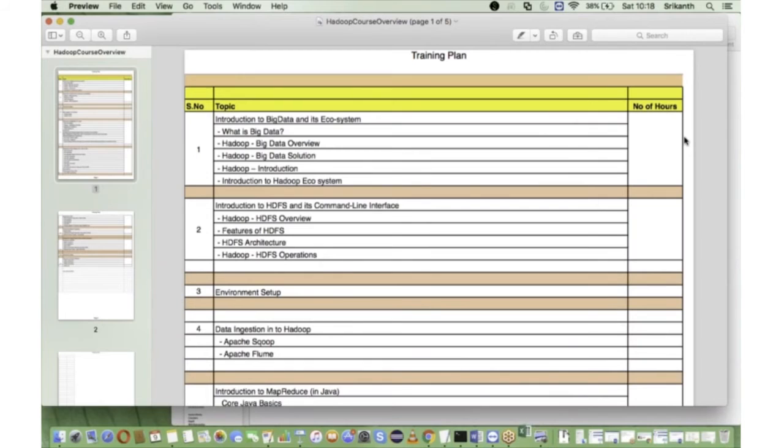So here is the course plan that we have designed. This is not going to be the final. I'm going to add a few more topics to this batch. So as I promised, initially we'll start the batch discussing what exactly big data is all about, and